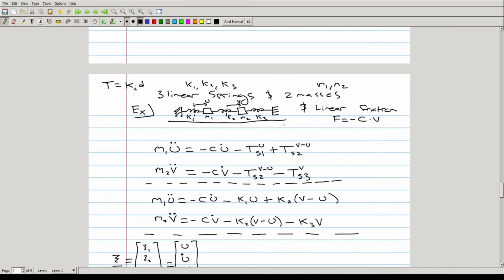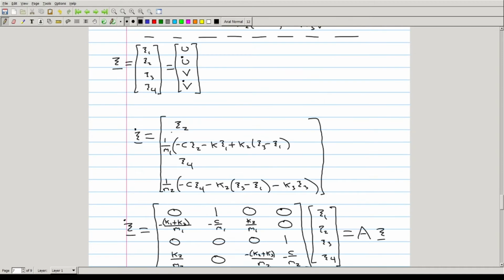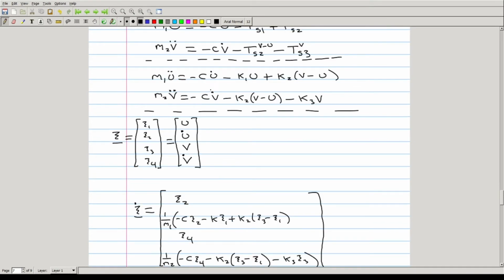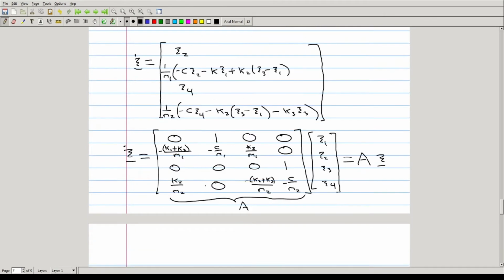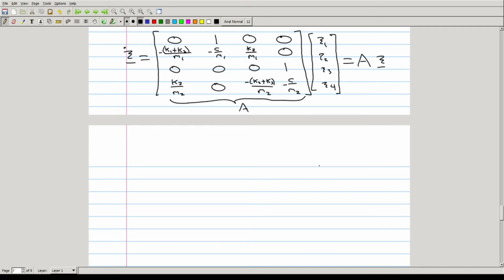So the solution of this system of 4 first-order ODEs is really equivalent to this system of 2 second-order ODEs, which, constant coefficient linear, is equivalent to the solution of this first-order homogeneous system of ODEs, which is very, very cool. And after a relatively long calculation for the determinant of a 4x4 matrix, the characteristic polynomial can be shown to